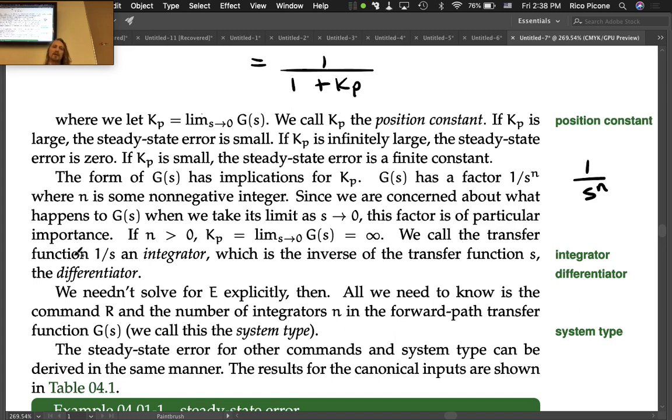So we call the transfer function 1 over s an integrator, okay? Which is the inverse of the transfer function s, which we call the differentiator. If you look at an integral of a function of time in the Laplace transform table, it's equivalent to having a 1 over s times the Laplace transform of that function. And if you look at the derivative, you'll see that factor of s show up. We've already seen that quite a bit in the system dynamics portion of the course. So let's focus on